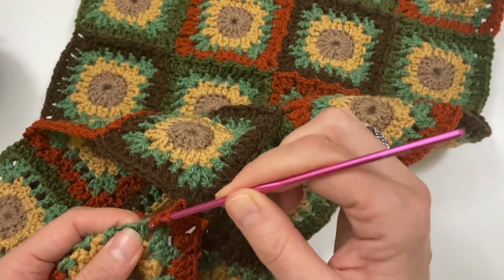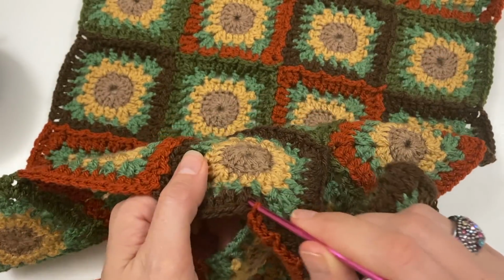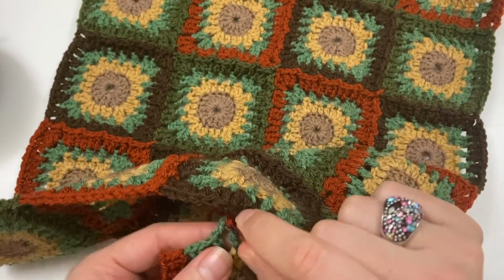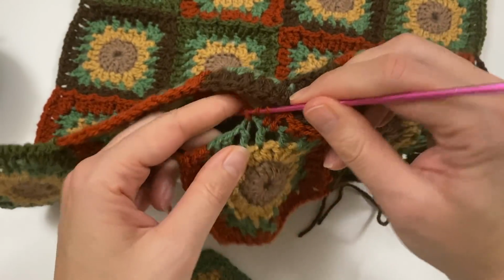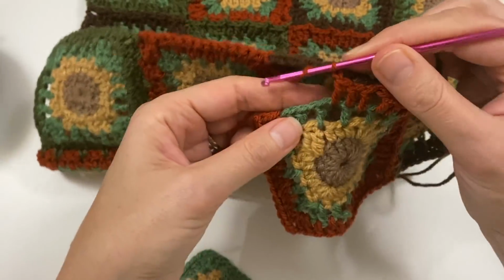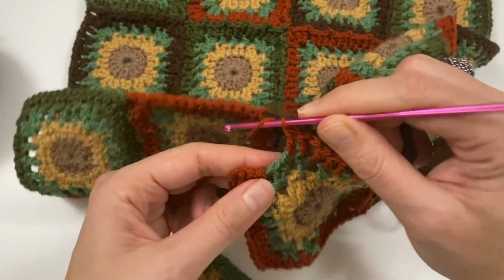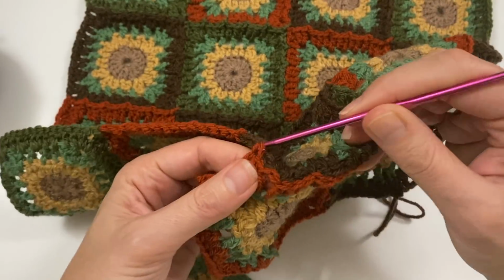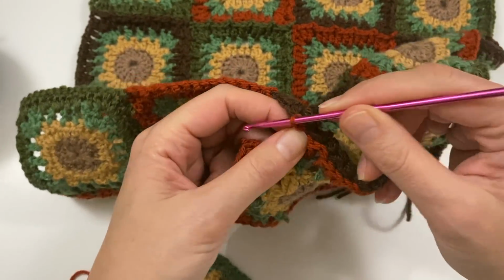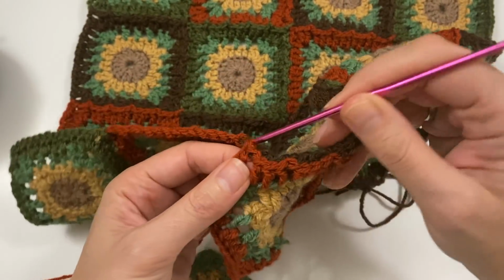And now we have turned the corner and we are attaching this square on the side and on the top. There we go, see? And just continuing, there we go. 1, 2, 3 in there, slip stitch, and you just continue on. This is why I try and do as many sides as I can off the blanket, because working like this is not so easy. It's a little bit awkward, but it works, and it works well enough for you